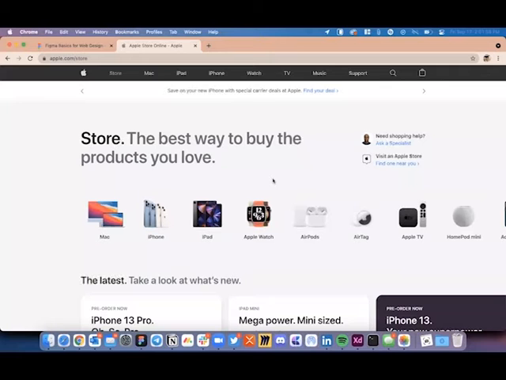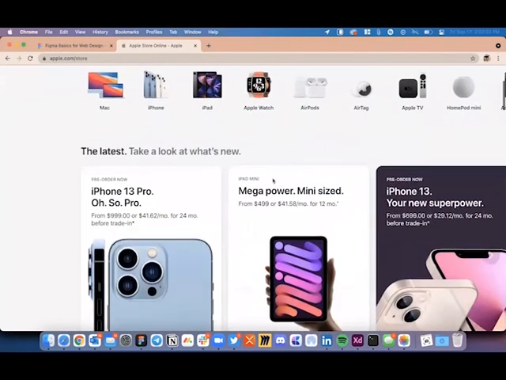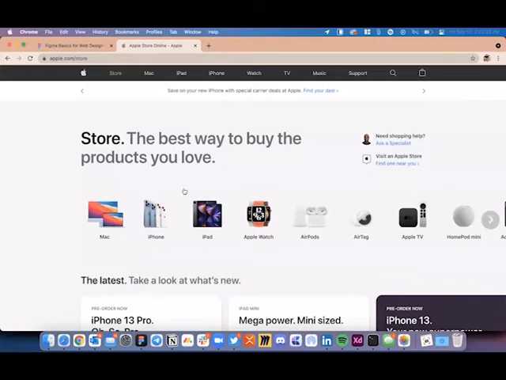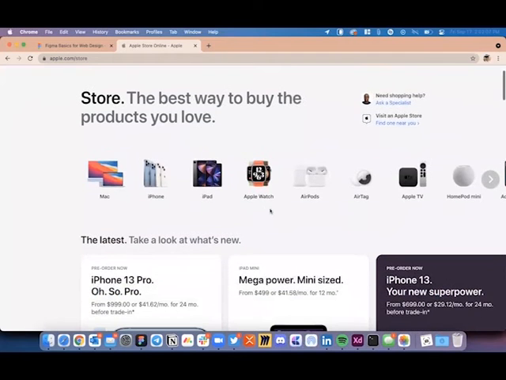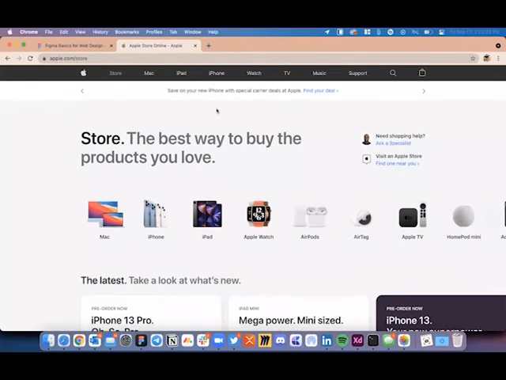Okay, so if you can quickly switch to my screen sharing for a minute, you will see that this is the Apple Store website that Apple recently introduced, and we are not going to be recreating the entire thing.